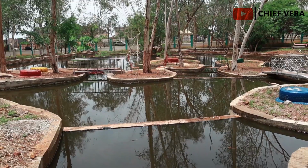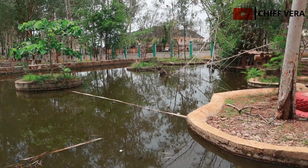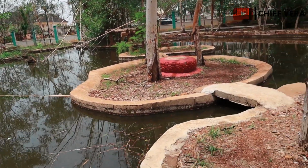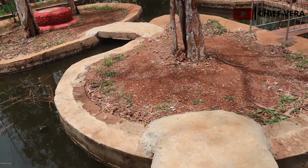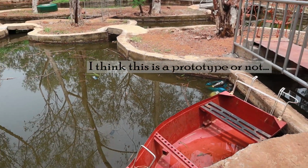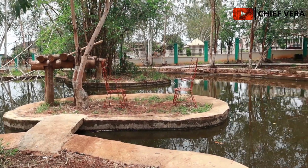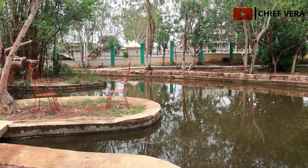Yes, an artificial pond or lake was created here by people who renovated it, and inside this pond there are fishes expected to grow there from what I read. And also I saw there is this mini boat for boat cruise, so in case you are here when everything is set up and you want to cruise around the little lake made here in that boat,